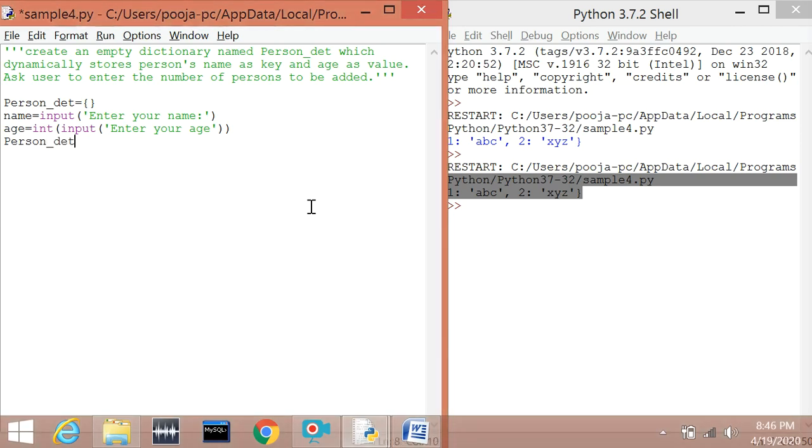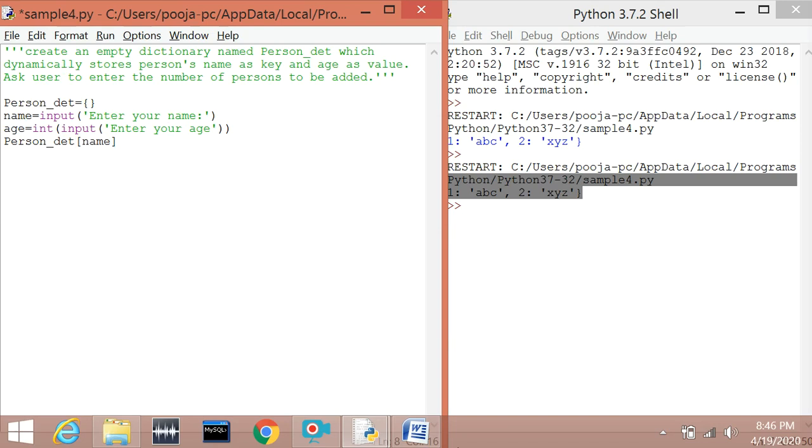Then you will have to use square brackets and write the key inside those brackets. Here our key should be person's name and that name will be stored in the name variable. So we will use the name variable here. This is an important thing. Keep this in your mind.